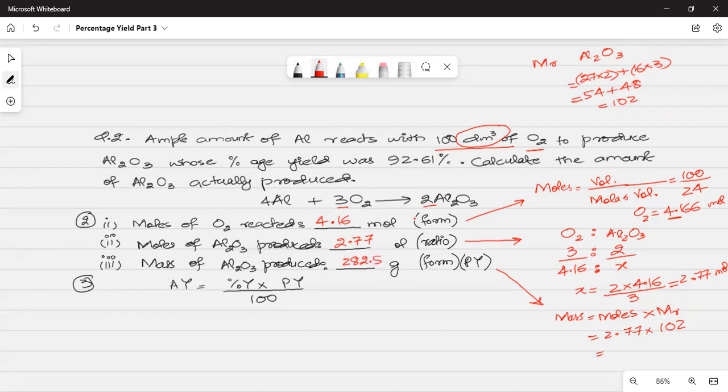that's the theoretical value. That's the predicted yield. This is PY, right? So I'm going to put the values over here. The percentage yield is quoted in the question, 92.61. So I'm going to put 92.61 over here. And the predicted yield, as my answers say, is 282.5. And I need to divide this whole thing by 100. So my actual yield is going to be